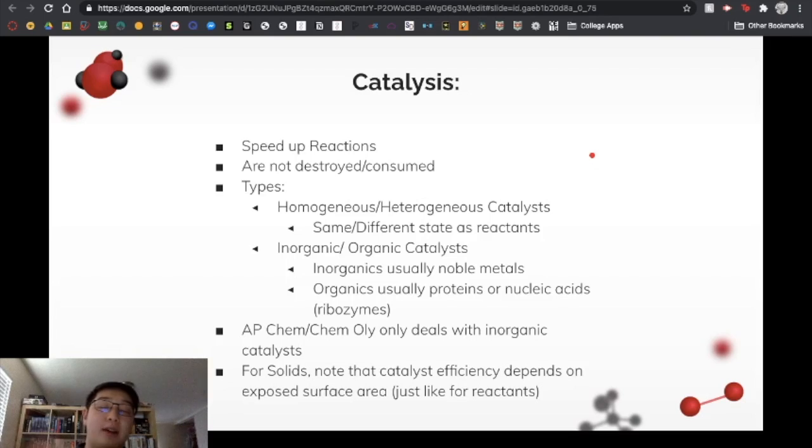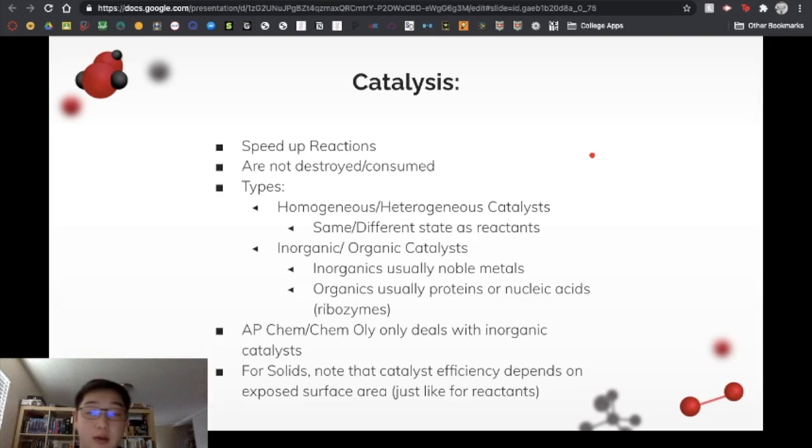That one's just kind of interesting to look at. What it is, it's palladium, which is a metal, dispersed onto carbon, and it's used a lot in organic labs. I've seen it numerous times on the Chem Olympiad exam, because it's a very common example of a catalyst that's far more efficient than, say, powdered palladium, because of the greater surface area achieved by dispersing it over these little balls